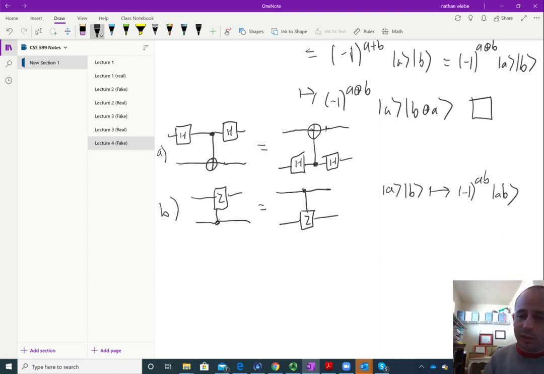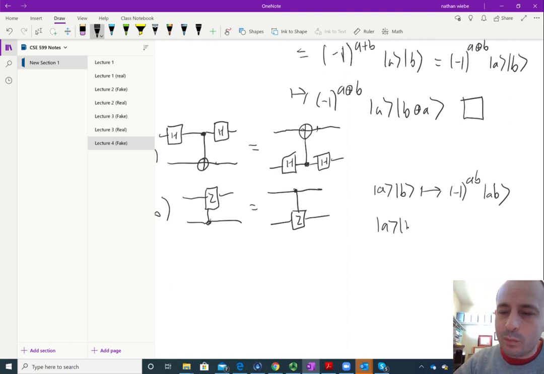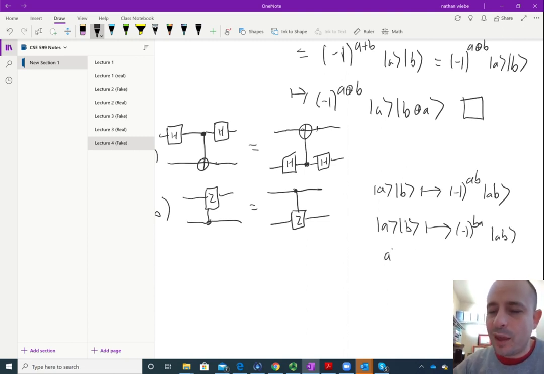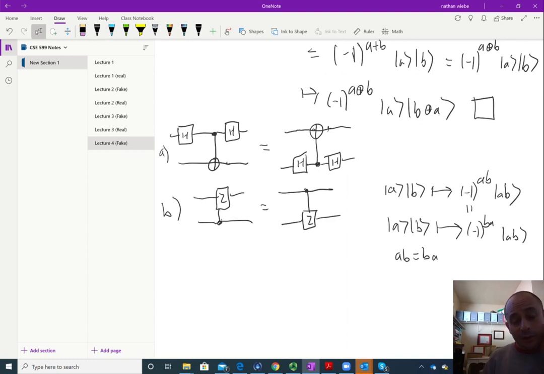Well, one of the things that you can note is that the top gate will do that mapping. The bottom one will map A, B, from this exact same logic, to (-1)^(BA), A, B. But because AB equals BA, these two are equal. So we have that a controlled Z gate is of this form. Next thing,